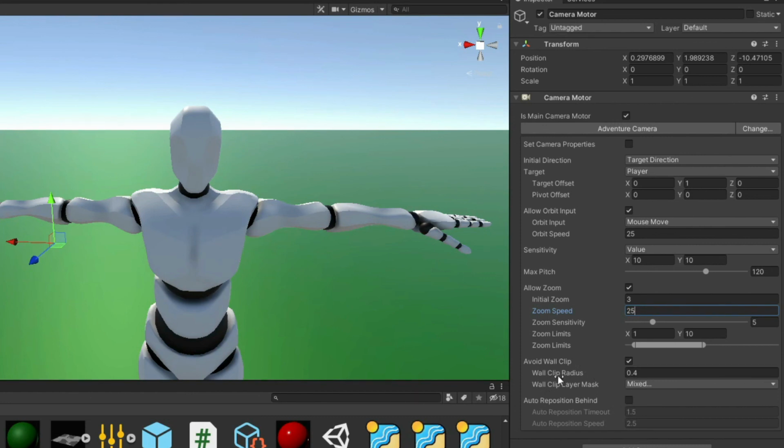Avoid wall clip is just so whenever you're moving around, it doesn't cut off certain aspects of your scene, and you'll definitely need to adjust this if you're going to move around in close quarters, in a hallway, for example. Here's auto rotate behind, and I leave this unchecked because whenever your character's idle for too long,